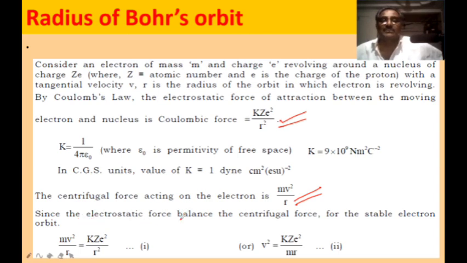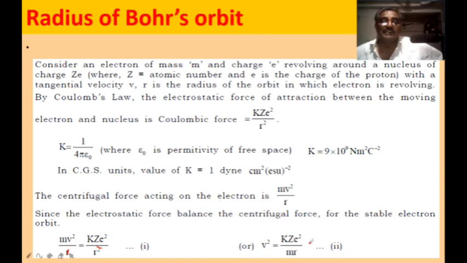Since the electrostatic force of attraction balances the centrifugal force for the stability of the electron in the orbit, mv square by r should be equal to k into Ze square by r square. That is, the centrifugal force should be equal to the electrostatic force of attraction. If you cancel r and 1 by r, and bring this m to the right side, we can get